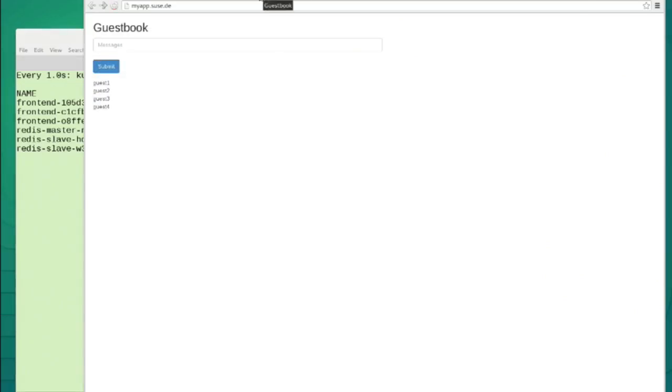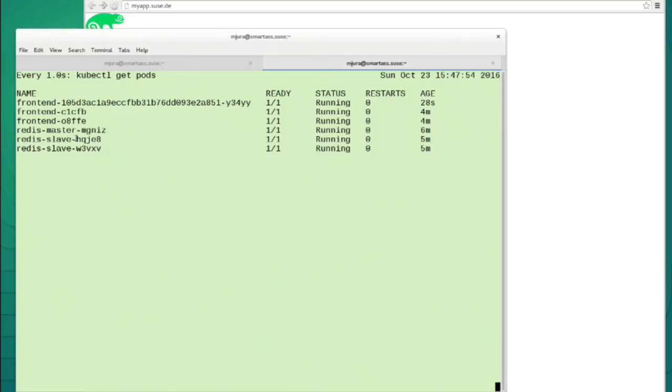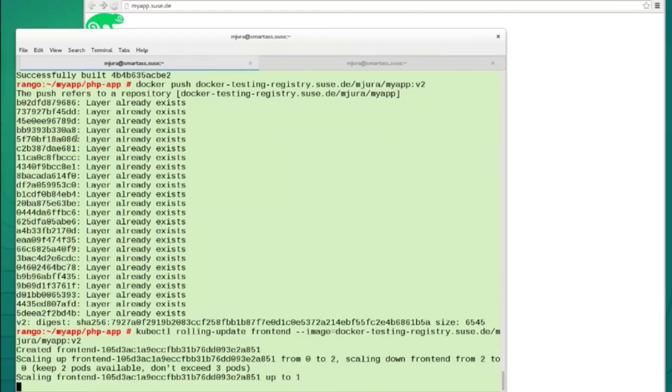So, depending on where the load balancer will redirect you, you can see either the old application or the new one, but everything is working in the meantime. Kubernetes keeps adding a new instance and removing an older instance until production is running only new instances. This is also called blue-green deployment, and it's already built into Kubernetes, and as you can see, it works pretty smoothly. Now the demo keeps waiting for everything to be deployed, but I guess we can go back to the presentation, right? Because we're running a bit out of time. Yeah, okay.